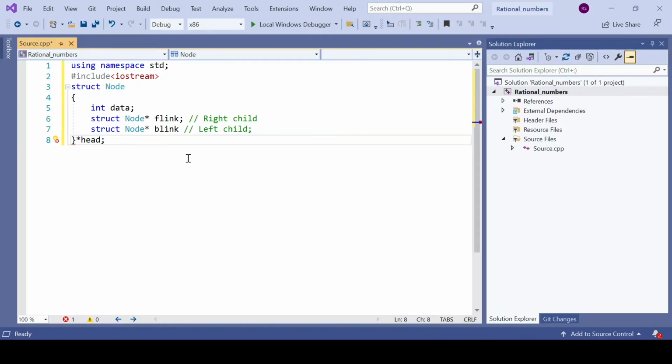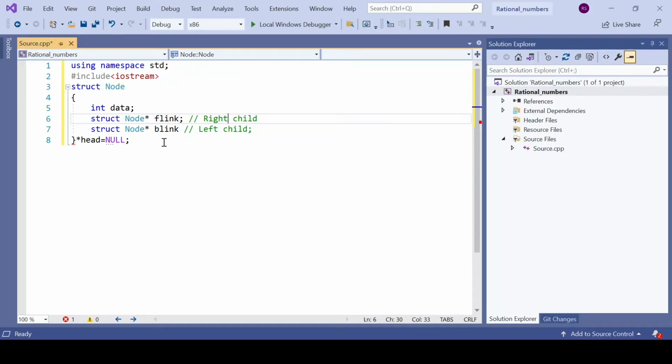So let us try to logically think about it, and then we can go into the implementation. Let's say you are trying to insert the first node into the linked list. By that time the head would be null, since when no node exists, the head is obviously null. When I insert the first node, I want head to be pointing to that particular node, and it is neither going to be a left child nor a right child.